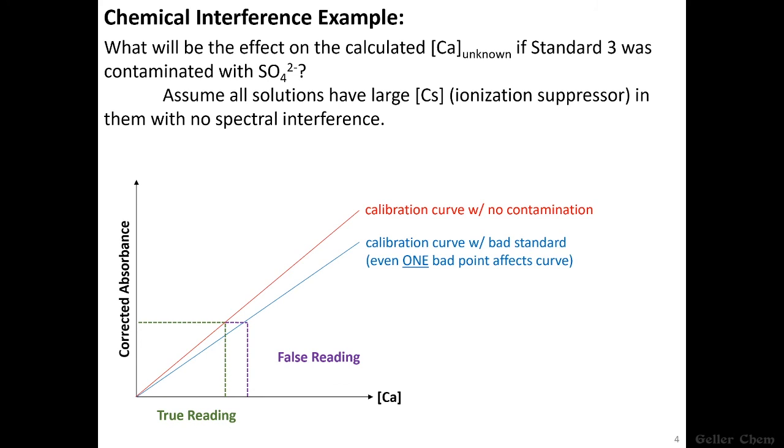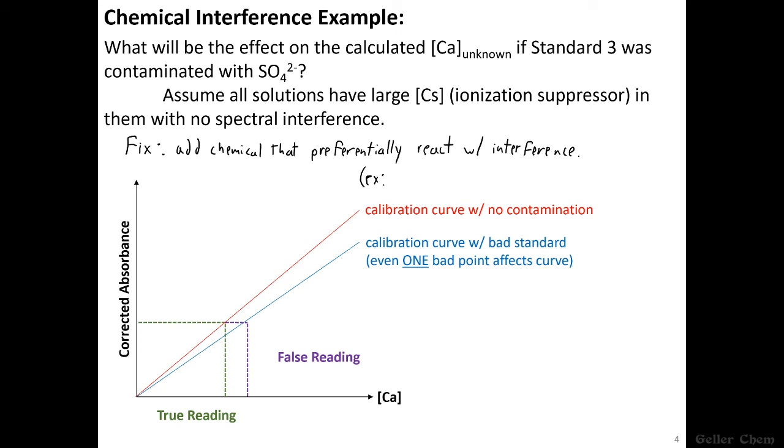Now, I will end by quickly showing you how we can fix chemical interference. Fix: add a chemical that preferentially reacts with the interference. For example,